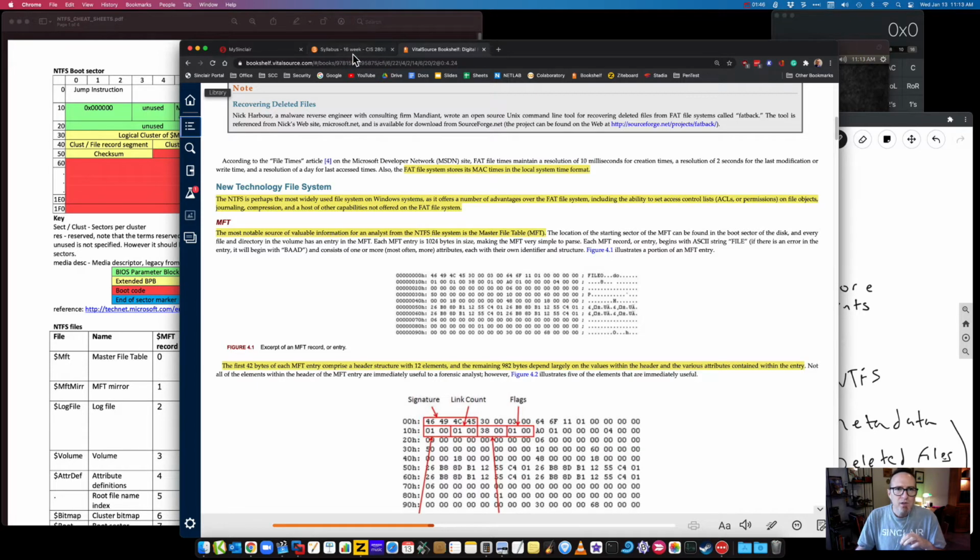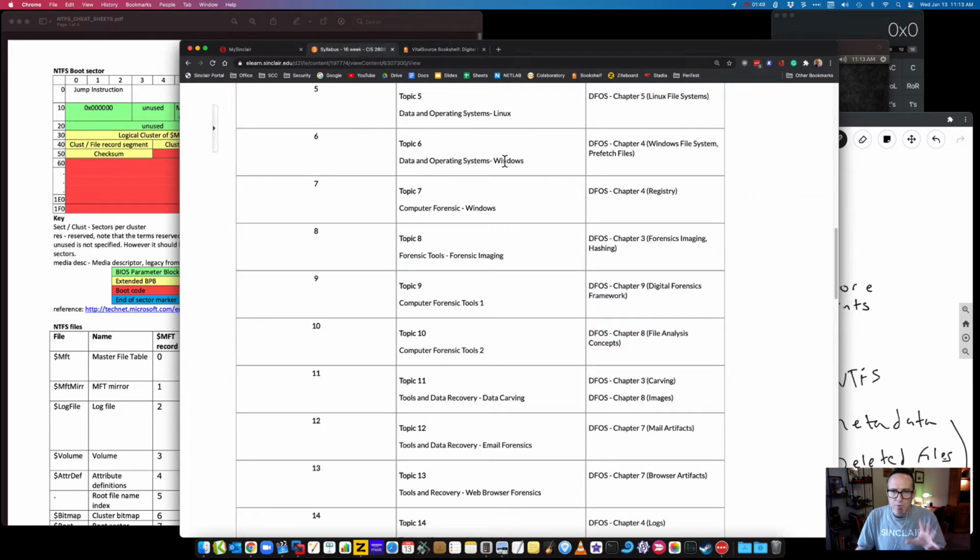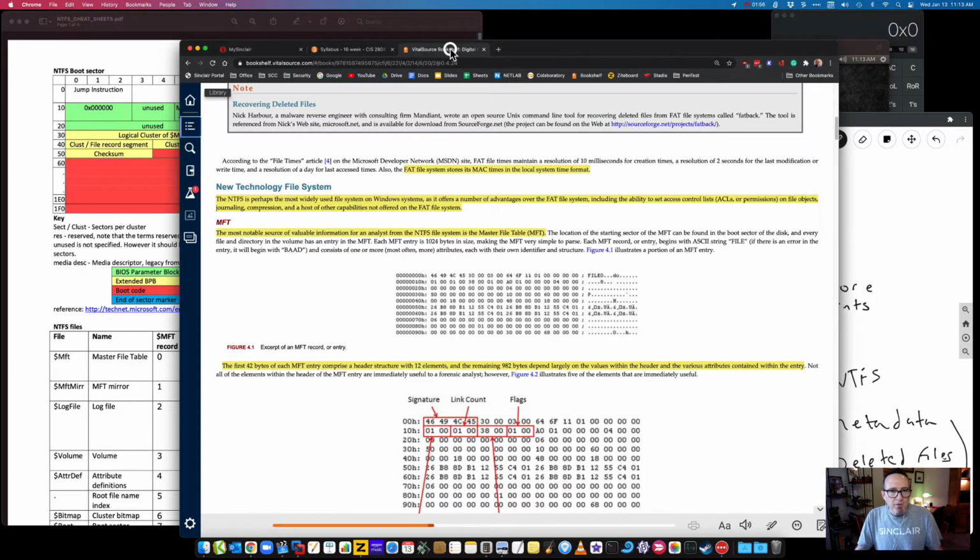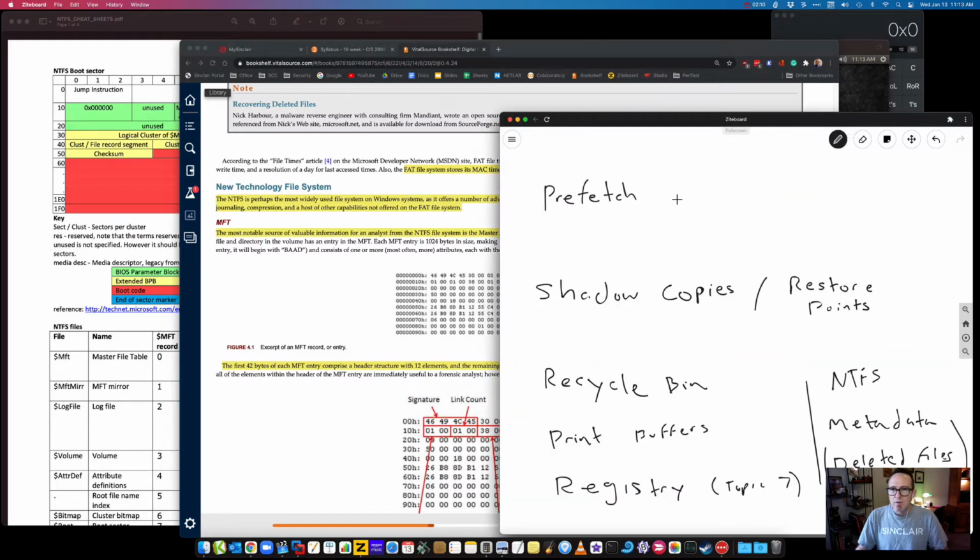And I know we talked about Windows file systems, Windows artifacts. We're definitely not going to get into parts about the user itself, which would be, of course, files and their metadata. I say metadata, I mean image metadata, Word doc metadata, like the properties of a Word document. The metadata we're going to talk about is areas of the operating system that help users out, but also give evidence. So when we talk about NTFS, we will talk about metadata about the files that NTFS